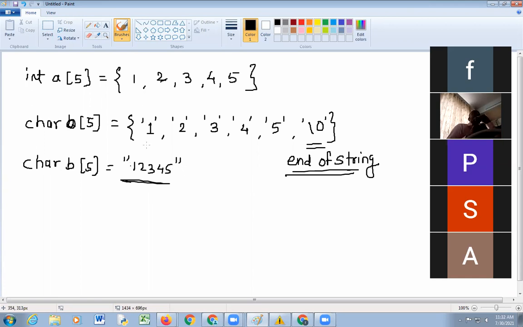But when you are declaring single characters, then there is a need to write \0. Here by default it is present, but when you declare single characters, you need to write \0.